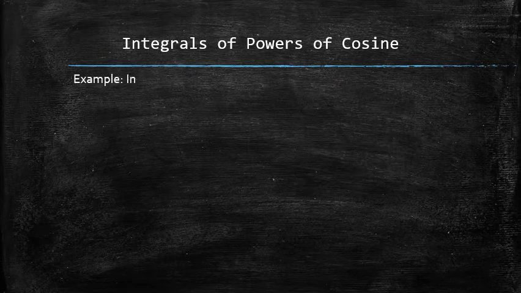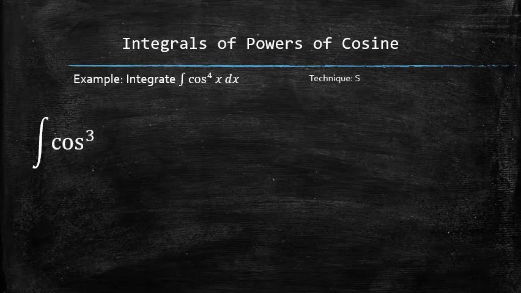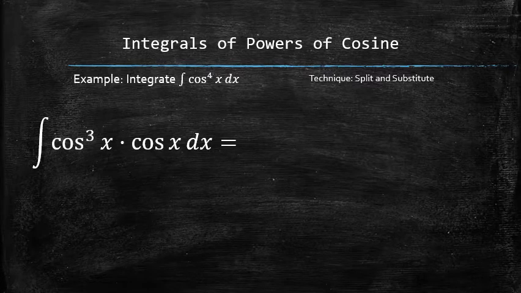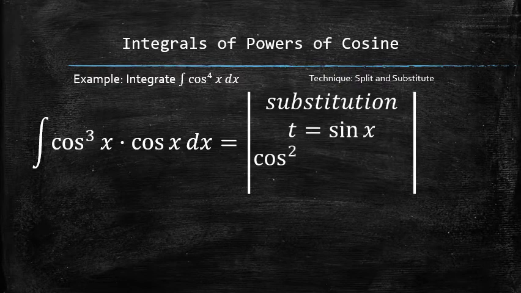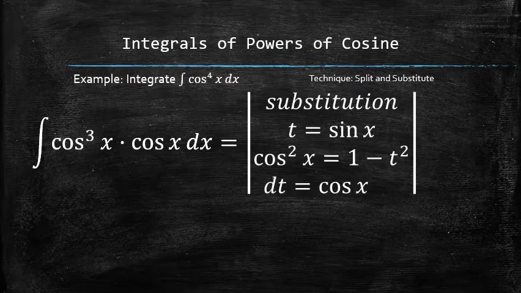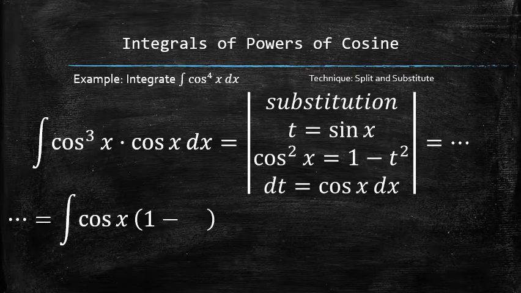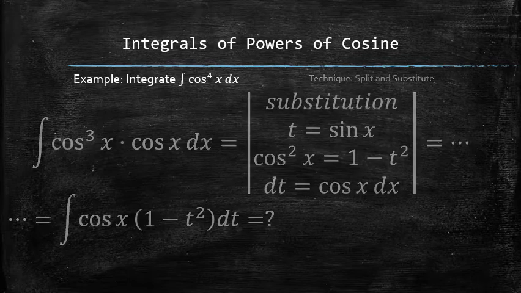Let's increase the power to 4. Notice that rearranging the integrand by chipping away a single cosine function and setting up the substitution by setting a new variable equal to sine of x doesn't lead to a doable problem due to the presence of the extraneous cosine function in the integrand. So we have to try something else.